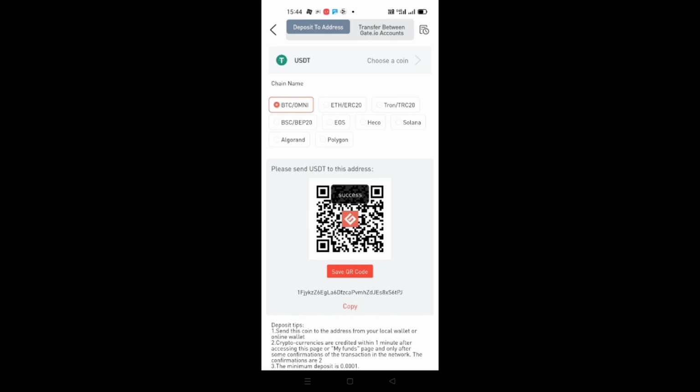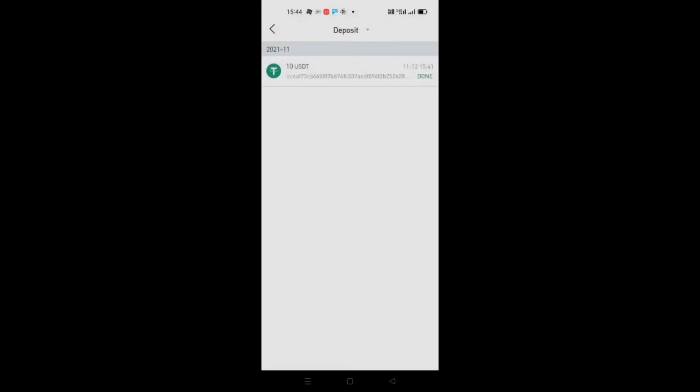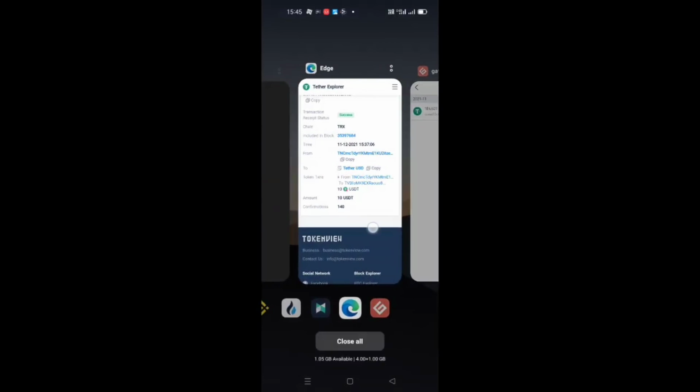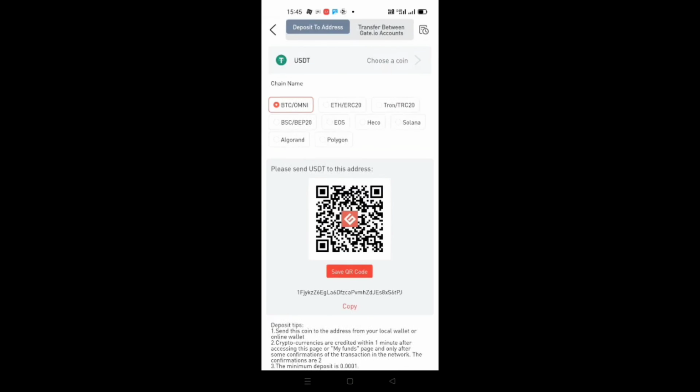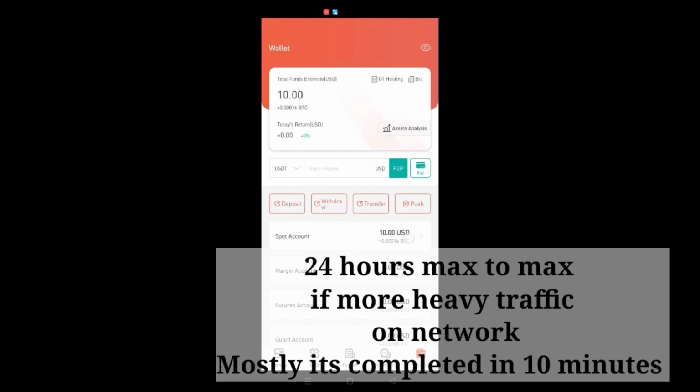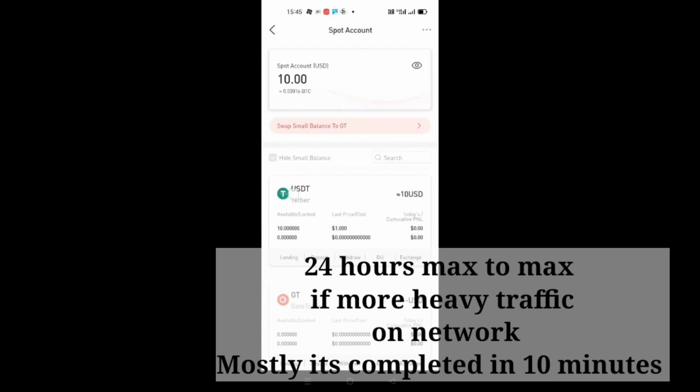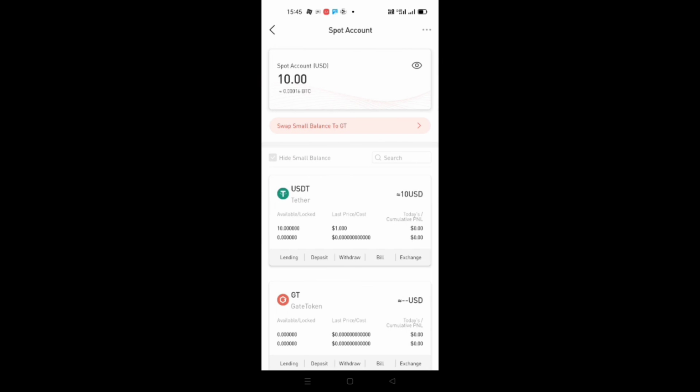Once confirmed, your Tether will be sent from your wallet onto the blockchain to be validated and sent to the destination address. In the process, a transfer ID or hash will be made. To check this, copy your transfer ID, put it into the search space and click the search button on the right side. Transfer information on the blockchain will appear on the web page. After confirmation on the blockchain meets the requirement of your destination address, your coin will be sent to your destination address within 24 hours.